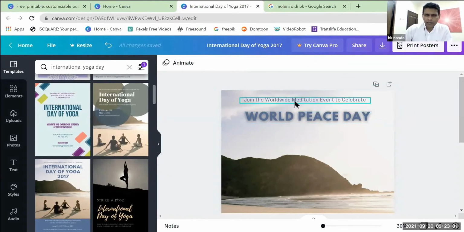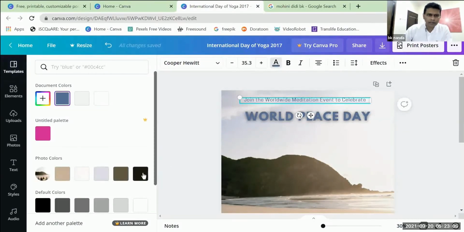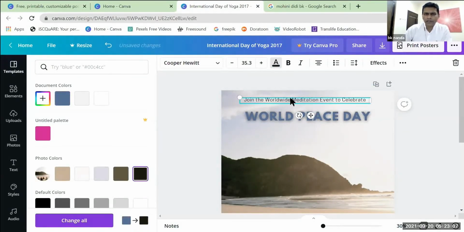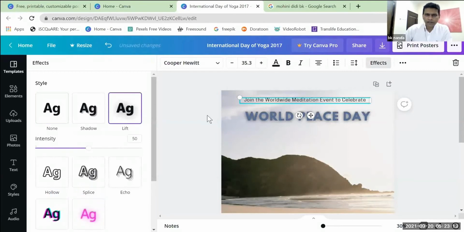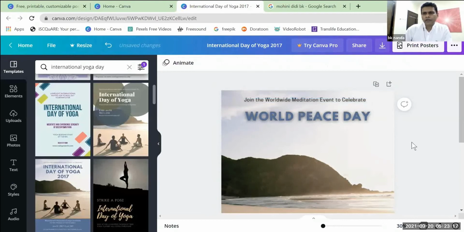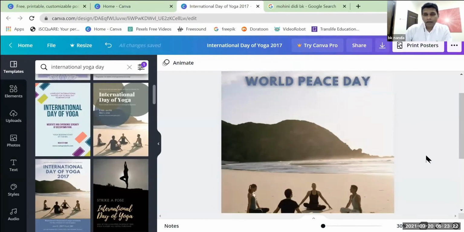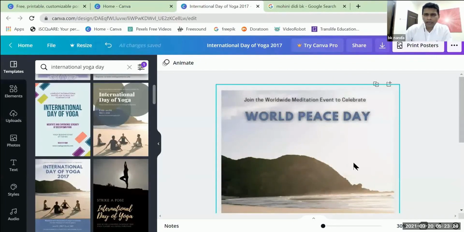And then the contrast is not there. I can't see this. So if you want it to be brighter, you can make it black. So I've just clicked black if you like. I'm also going to add effects, lift again, good, maximize it, fine, looks okay to me. Okay, now if you don't like the background,